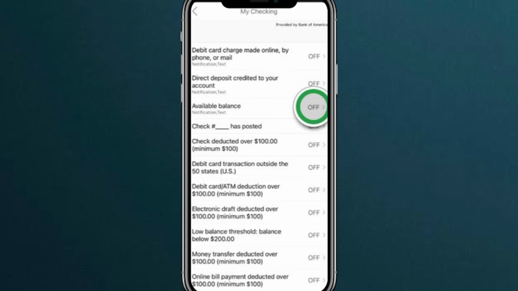Remember, alerts are there to help you monitor your accounts and spot fraud or unusual activity early. You can update your selections or turn alerts off at any time by returning to the same alerts section. Experiment, adjust, and settle on a setup that keeps you informed without creating too much noise. That's it, your alerts are now